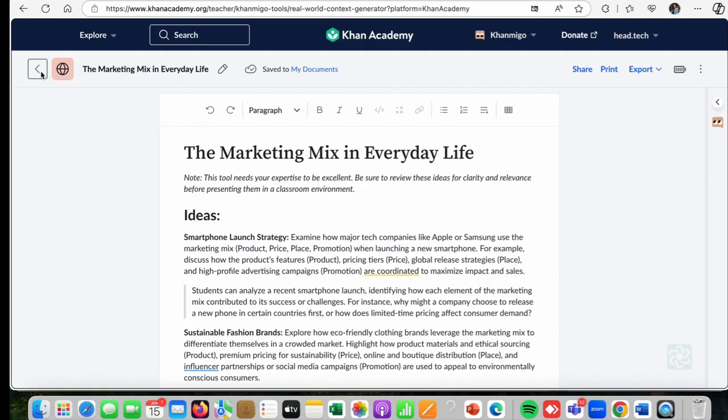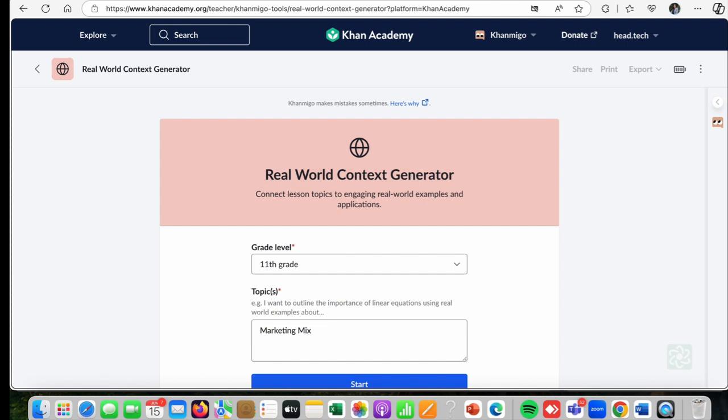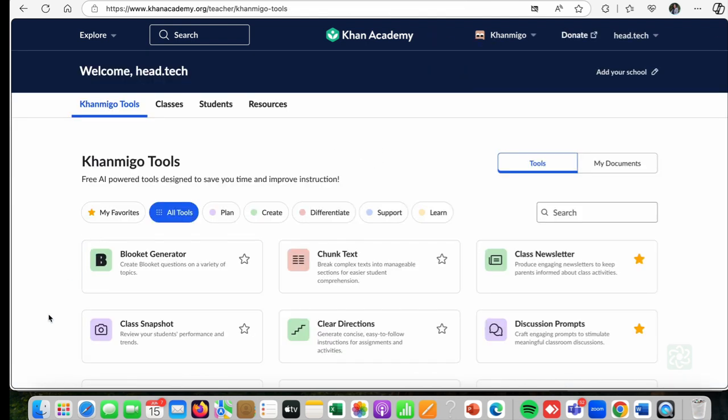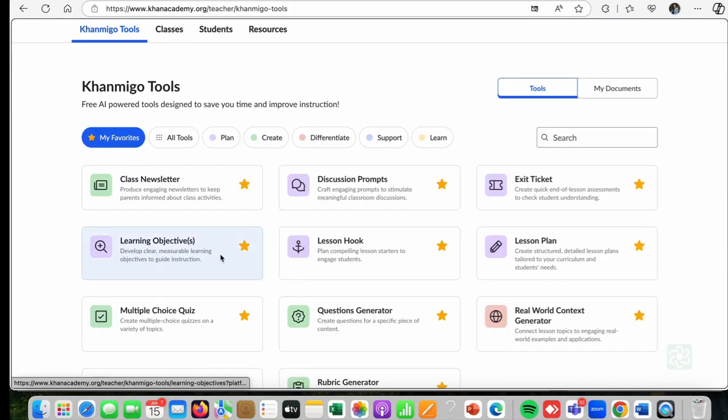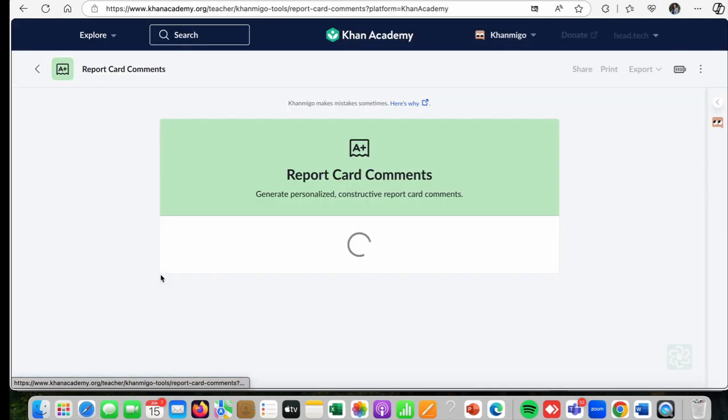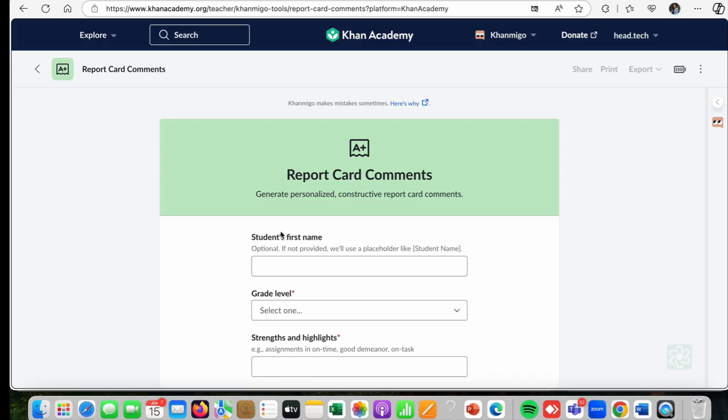Something which is always troubling us as a teacher is when all those 4 times in a year we have to do report card comments. Khanmigo can help you with that. Go to the tool report card comments. Let's go to my favorites and let's go to my report card comments and see how we can write those personalized constructive report comments. Whenever you have term end reporting or you need progress reviews, you can